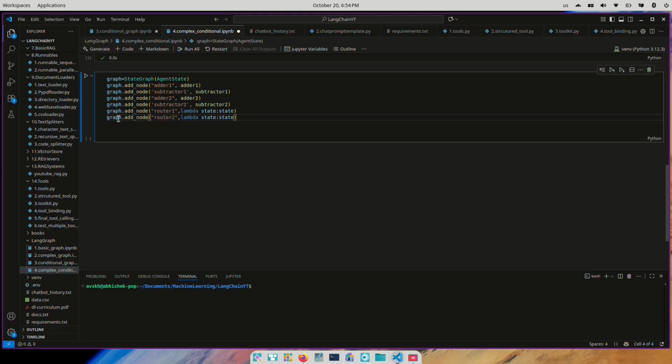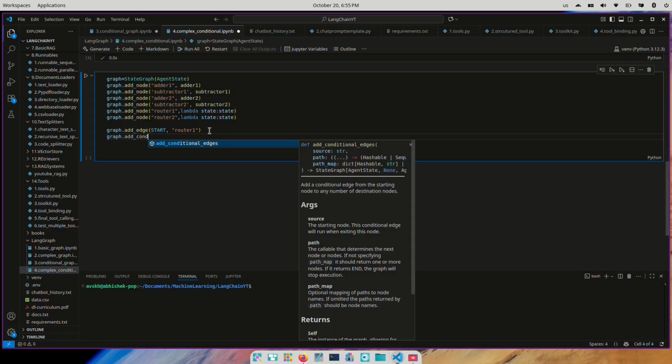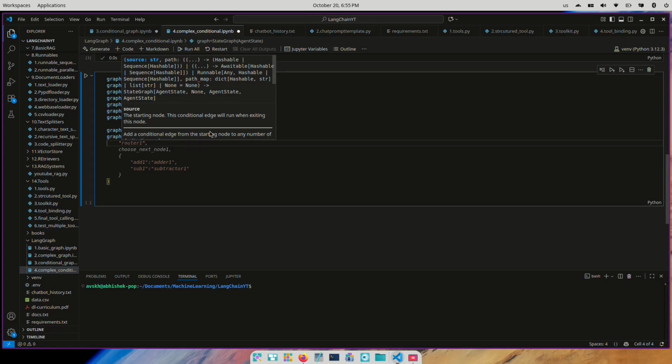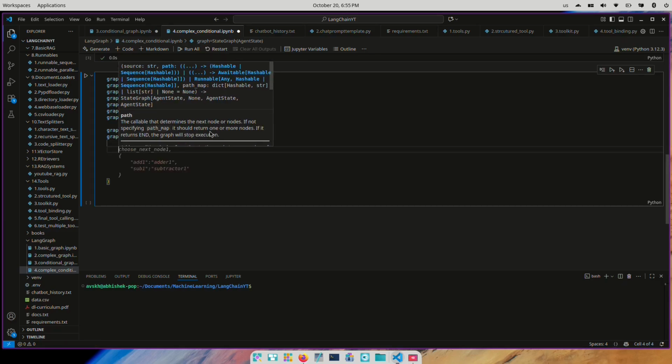So router 2 lambda state. Okay. Now what we'll do is we'll start adding edges. So the first edge is going to be from start to router 1. Then I'll add a conditional edge here. So add conditional edges. Now the detail of this conditional edge is from router 1, it will go to the